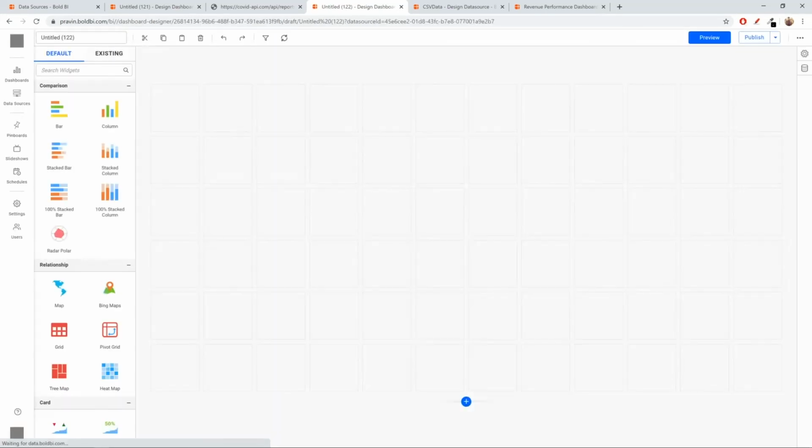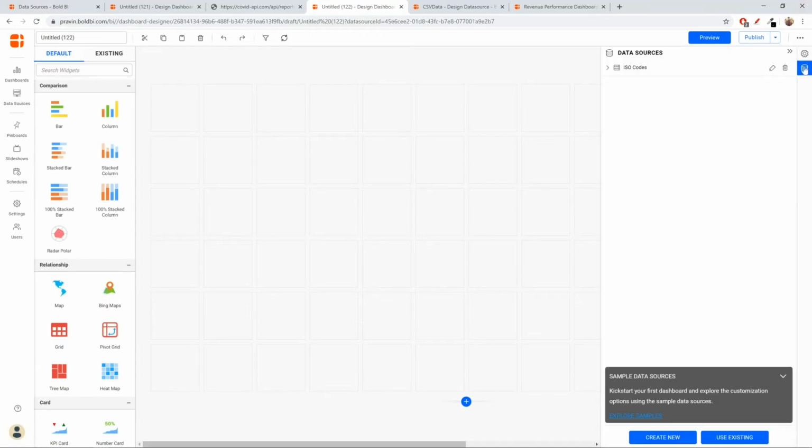Okay, and remember, if you want to use a parameter value from another data source, you need to include the data source within the dashboard. So in case you end up building 2 or 3 data sources which are going to be parameters for the fourth data source, you need to add all the data sources within the dashboard that you're going to use. Okay, so we have the first data source in our dashboard here.